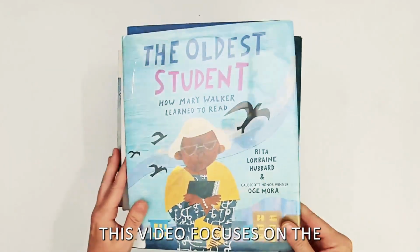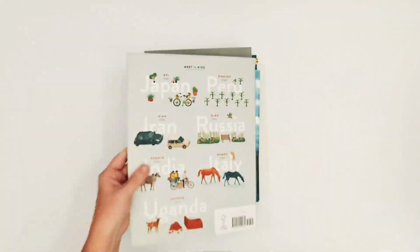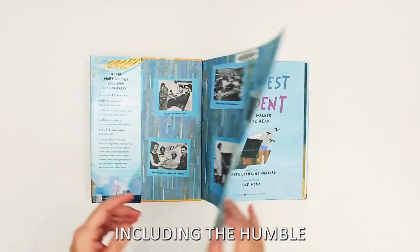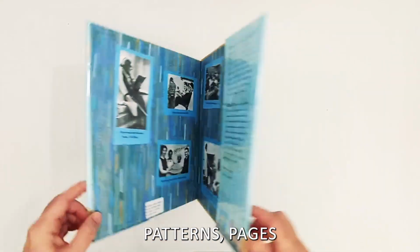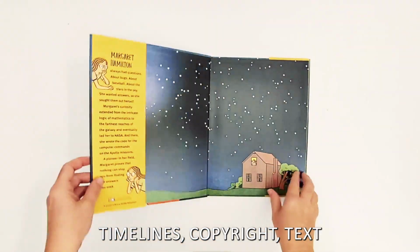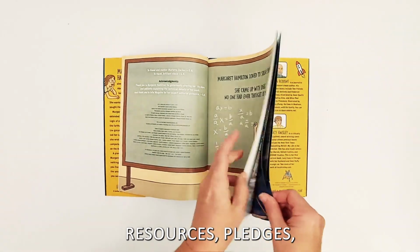This video focuses on the entrance and exit of the picture book experience, which I call the matters. The front and back matters consist of an array of content and design, including the humble, text-free, art-free page. There are also pages with repeating patterns, pages with wordless art, author's notes, timelines, copyright text, dedications, title pages, resources,